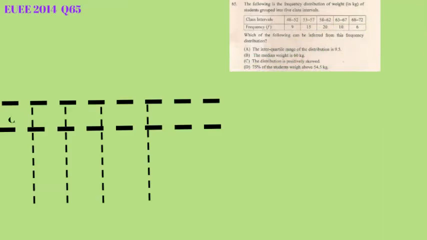The next question is question number 65. This one is also the same thing or similar somehow. Still, you have a group data, and in this group data, they give you the class intervals and the frequencies. So what we're going to do is we just copy everything down here, the class interval and the frequencies, and then just like earlier, we'll find the total number of frequencies, the midpoint of the CI,